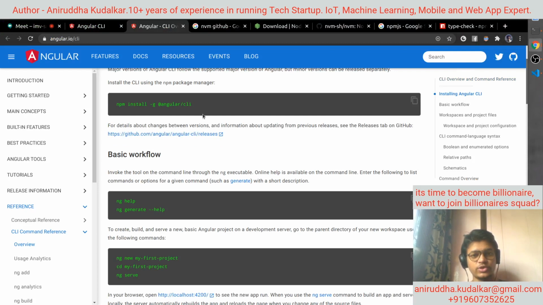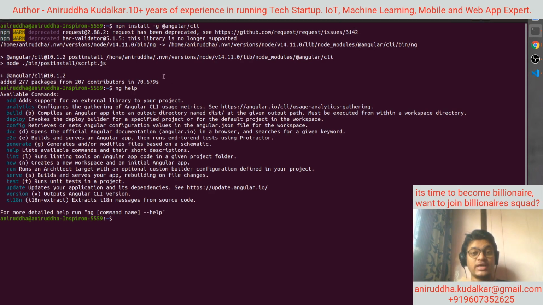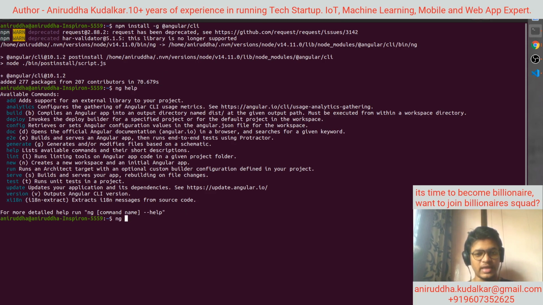Now once you install npm install -g @angular/cli, right, you get one command on your machine called ng. Now see, ng help. If you want to make sure that ng has been installed, you can say ng help, or ng version.